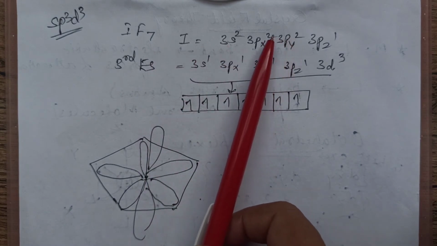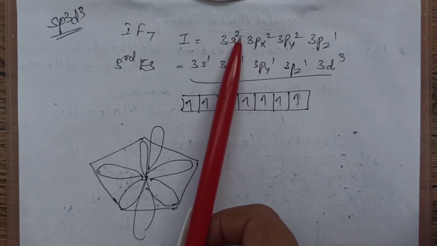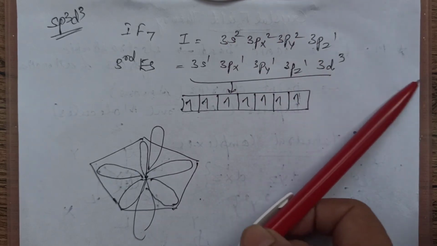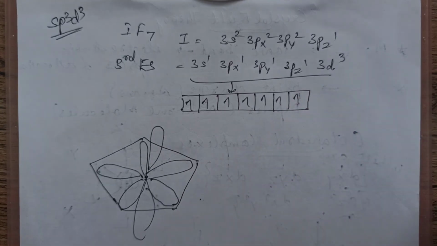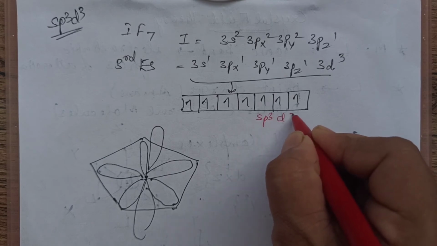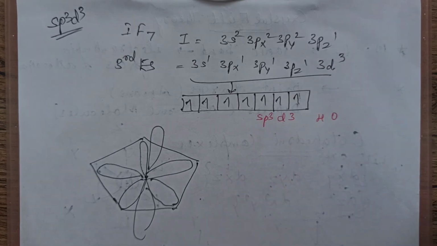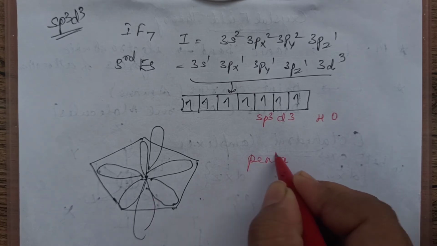So we'll consider 1, 2, 3, third excited state. So this paired, and this paired all will be shifted to 3d orbitals. There are 5d orbitals. Out of that, 3 of them will get one electron each. So now they will all undergo mixing. sp3 and d3 will undergo mixing. You will have 7 sp3d3 hybrid orbitals. And how should 7 sp3d3 hybrid orbitals be arranged? They are arranged in pentagonal bipyramidal manner.